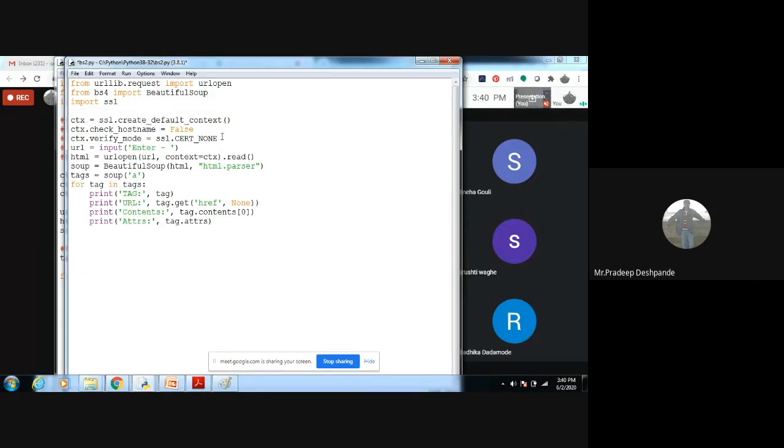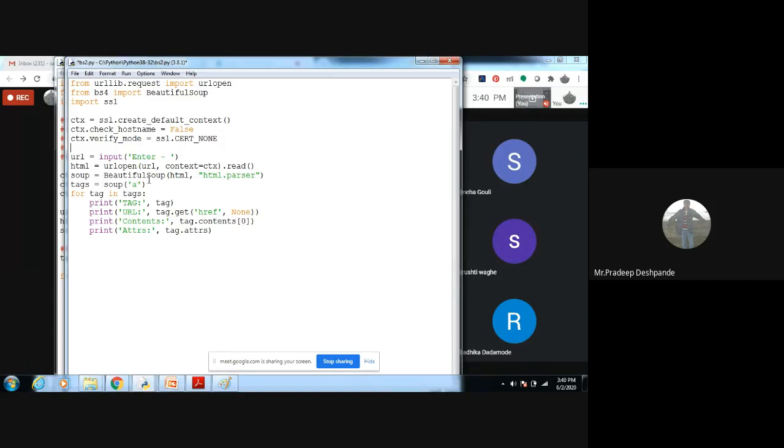And these three lines you are aware of, we use them to avoid certificate errors and to create a default context for the secure socket layer. Same here also, we are asking the user to enter a website name. Whatever URL is entered will be opened here in read mode.